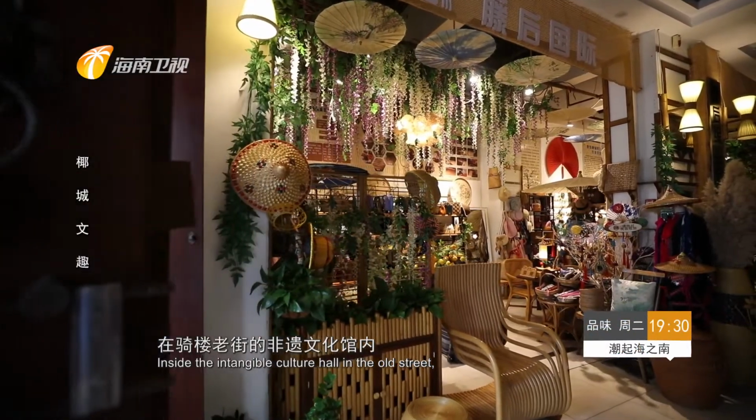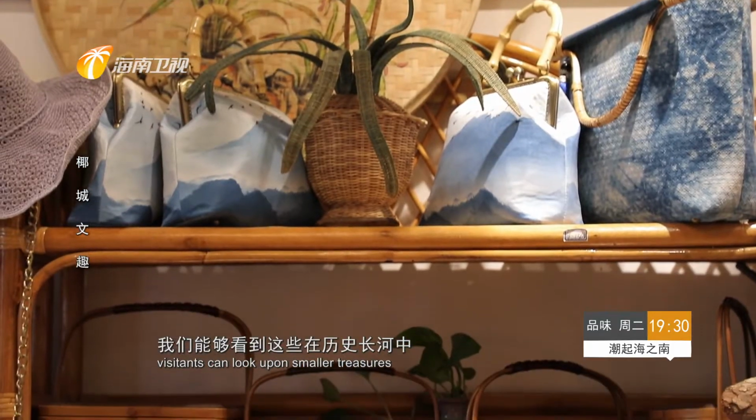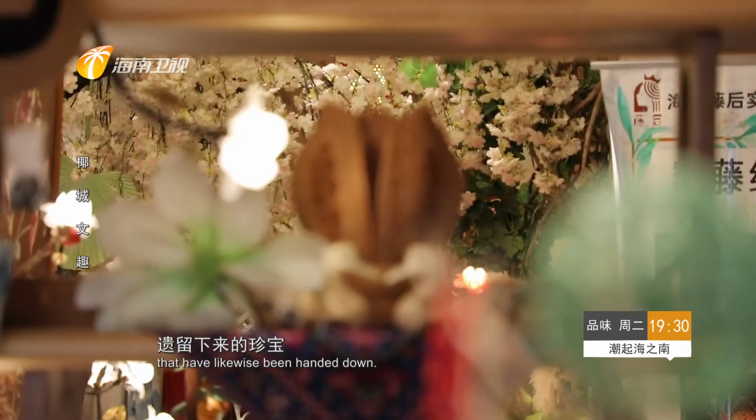Architecture, as part of any locality's culture, has its place in the hearts and minds of a people. Inside the intangible culture hall in the old street, visitors can look upon smaller treasures that have likewise been handed